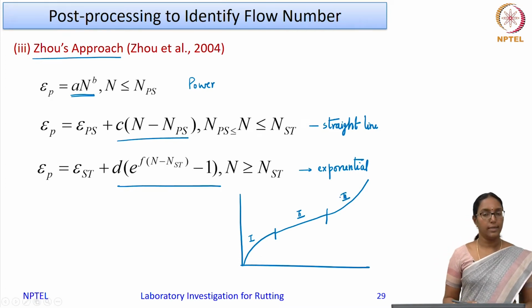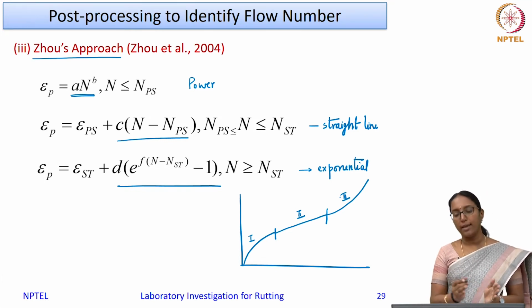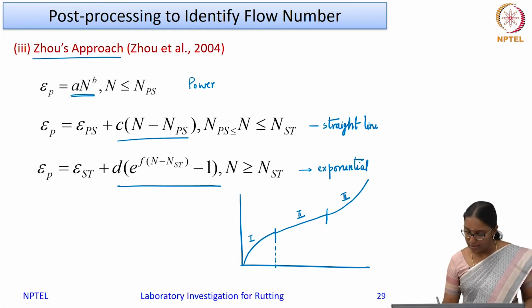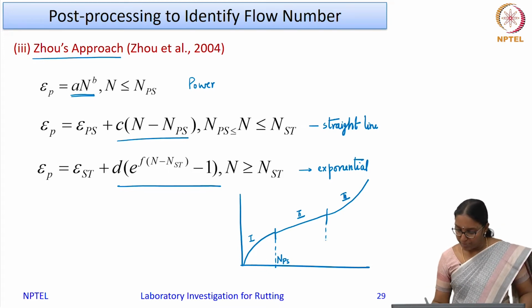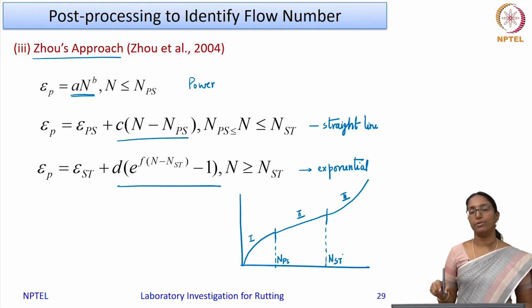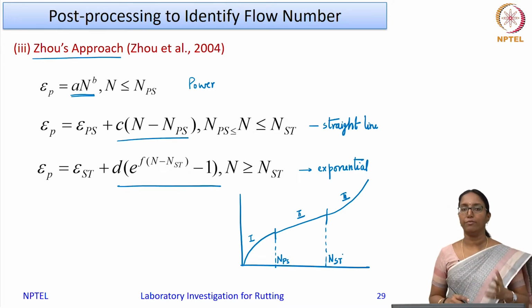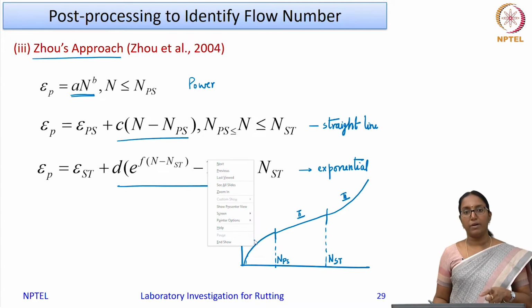Now, how to do this is that you can use any algorithm, say a MATLAB algorithm, to determine the end point of the primary stage, secondary stage and tertiary stage. Say this is the end point of your primary. It is denoted as NPS, that is the cycle from primary to secondary, and this point is marked as NST, that is from secondary to tertiary. So, you first identify where is the end point of the primary, where is the end point of the secondary, and so on. What is normally done is that you start taking the data one by one from here, and then you try to fit a power law equation first.